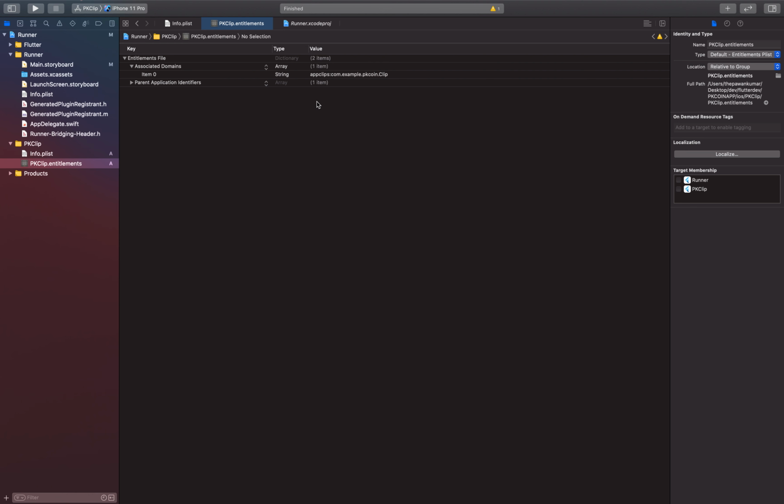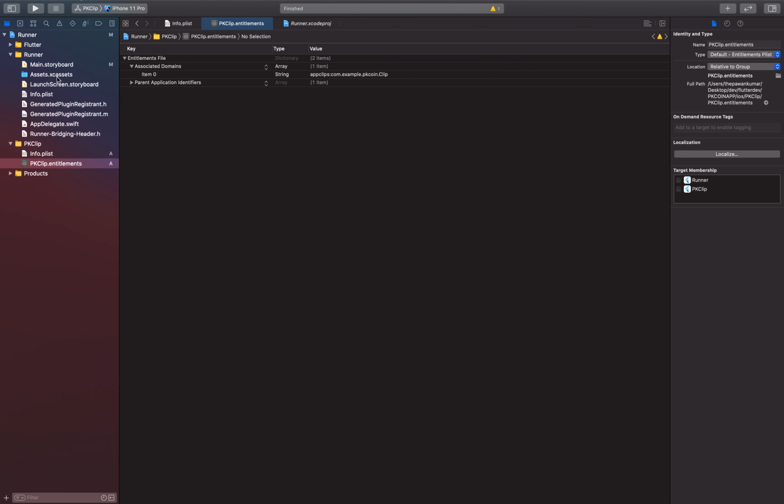That's it. This is basically telling that this is my associated domain. Okay, and now you have added it to the pkclip.entitlement file in the pkclip folder. The similar thing you have to do in the runner folder, which means the main app folder. The only difference is that this one is for pkclip and that will be for runner. So we have to create the same file.